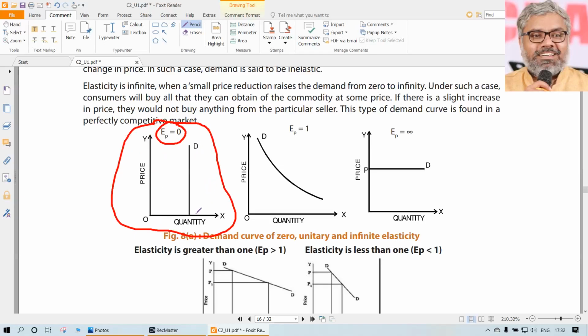That is a point we have to identify. And why does that happen? It happens because the quantity demanded is going to be constant. It is not going to change irrespective of the price. The price may keep on increasing, but the quantity demanded remains the same. That's why this is parallel to the y-axis, which is the price line, and perpendicular to the x-axis, which is the quantity line, since it will not change. That is elasticity of demand being 0.